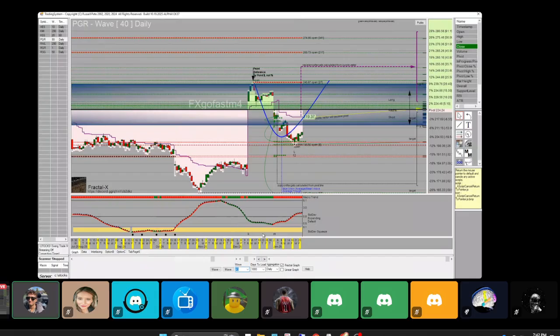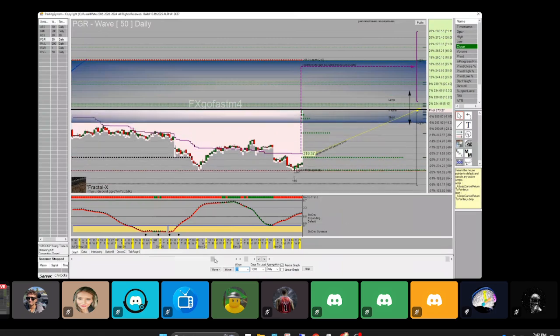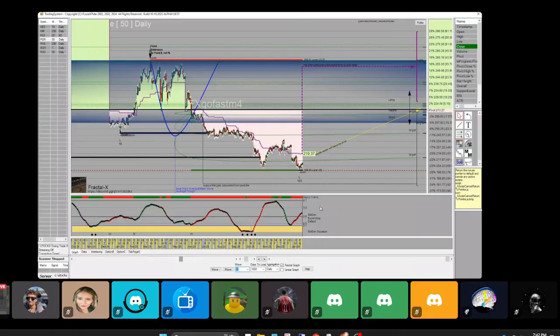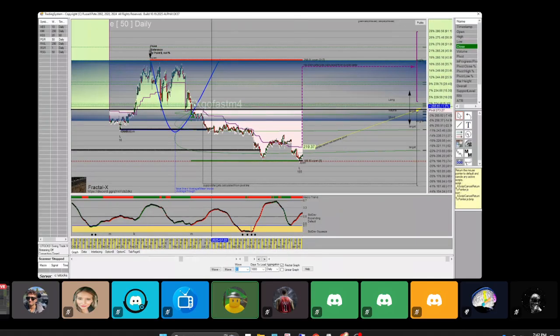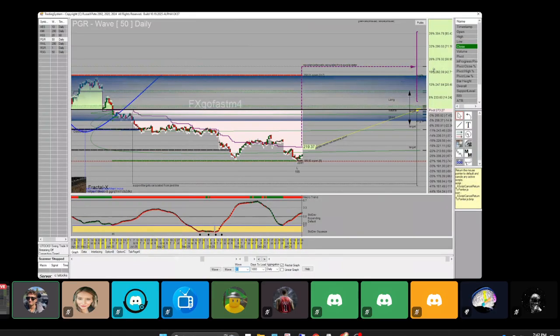There's wave 40, wave 50. Okay. And this stock's been kind of down for a while. Yeah, it's been compressing for a while. We have this green line here, these green dots meaning support. And it kind of made a double bottom right there, from this candle here to now. Though the standard deviation is not going down yet. It's still red. It's still up. The percent band's on. We're at the 2%.